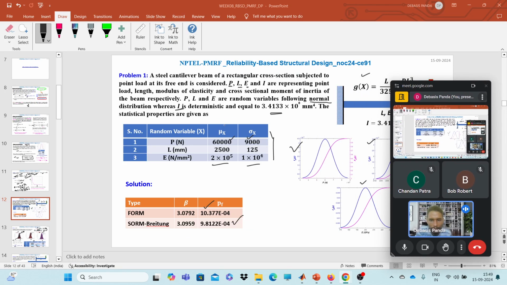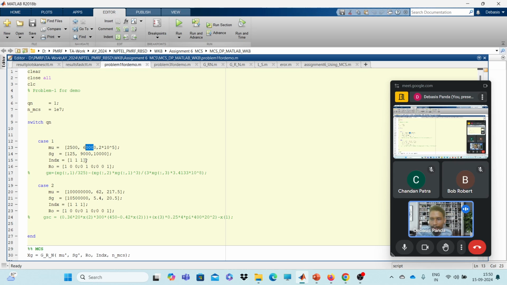Here we can see the random variables: 25 for L, P 60,000, and E 2 into 10 to the 6. In the sequence you are providing the inputs, you need to look into it, because finally you need to call your limit state function accordingly. So I have given the input. Now the index: I have used normal distribution, so the index is 1 1 1, and the correlation coefficient is not there, so the covariance matrix will be 1 1 1 in the diagonal, no cross term, right? So in Monte Carlo simulation, first what we need to do,